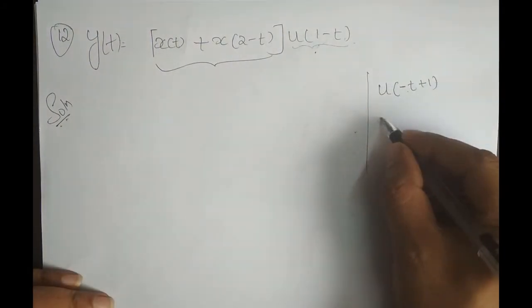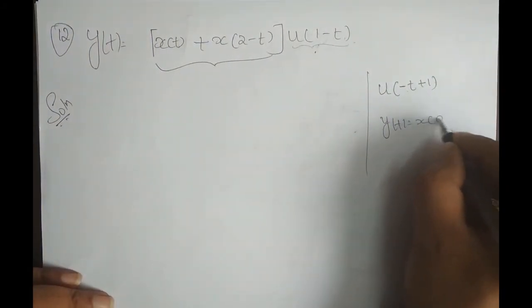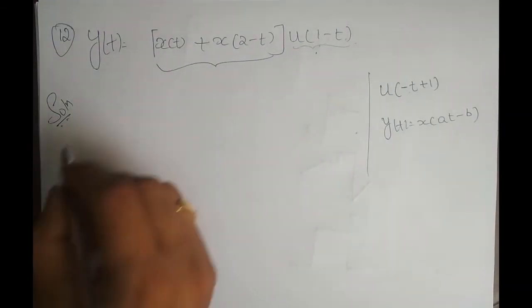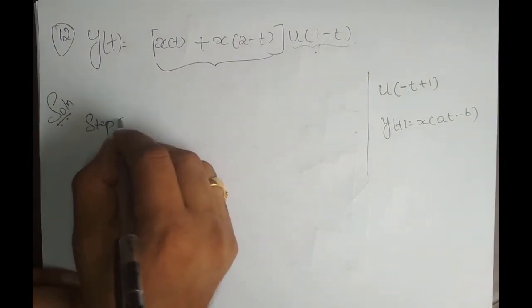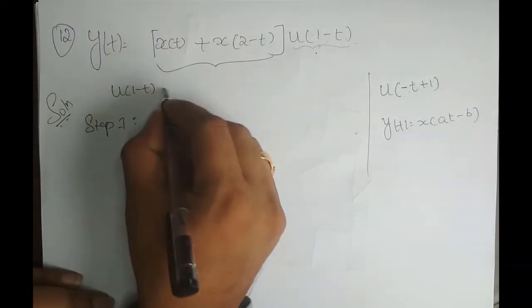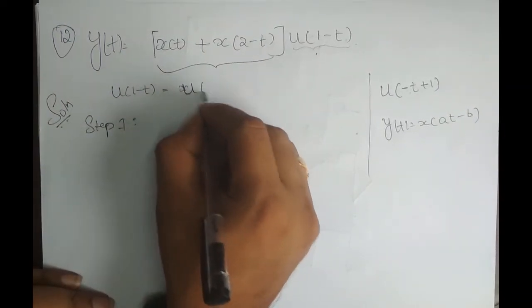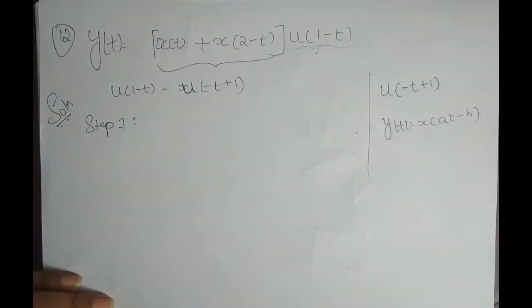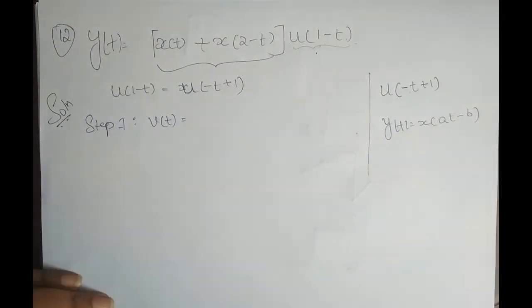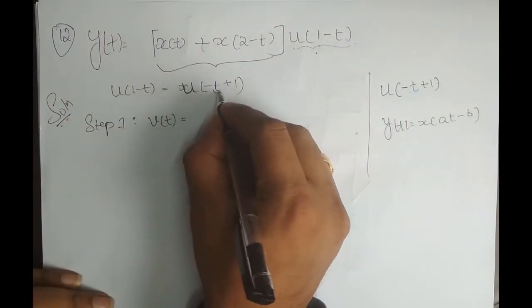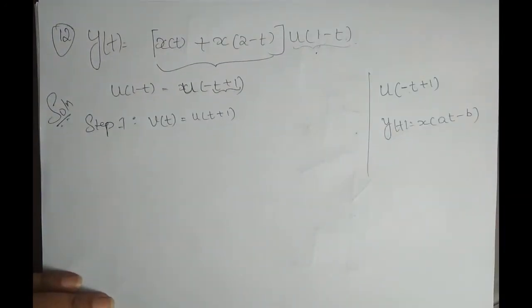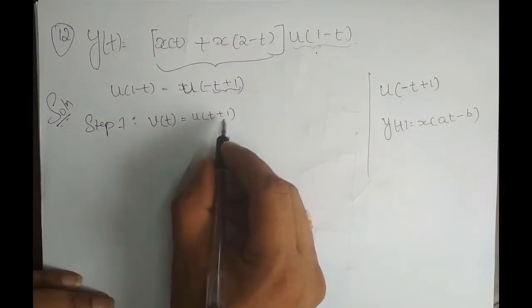Now this is of the form y of t is equal to x of at minus b, right? Correct, no? So this involves precedence rule. Fine. So what we do? Step 1. We are trying to sketch u of 1 minus t here, which is u of minus t plus 1. So step 1 is we have to sketch the intermediate signal v of t, which involves only the shifting part. Which is the shifting part? t plus 1, right? So u of t plus 1 is the shifting part. Now, in order to sketch u of t plus 1, we should know u of t.